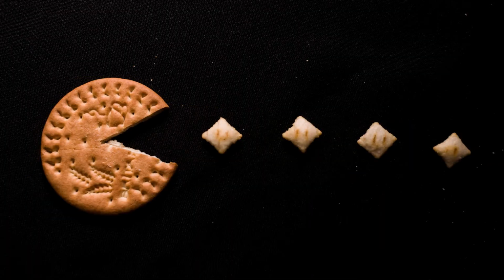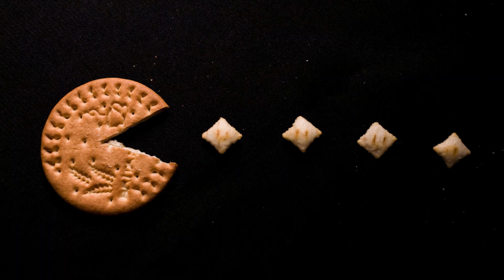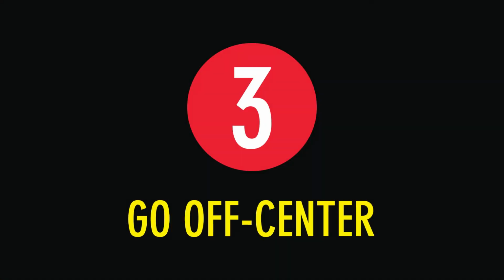Positive space is the area your food and props take up. Meanwhile, negative space is the area where your eyes can rest. It provides balance, gives breathing space, and helps the emphasis on the subject. Because the negative area is empty, your eyes automatically rest on the food and props.